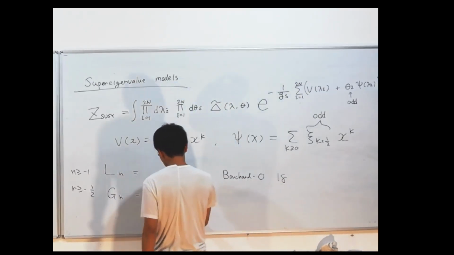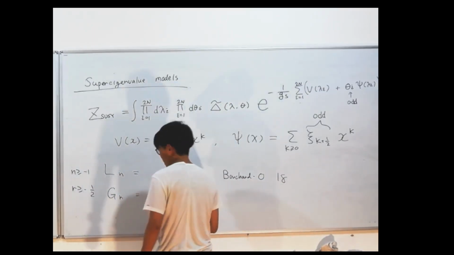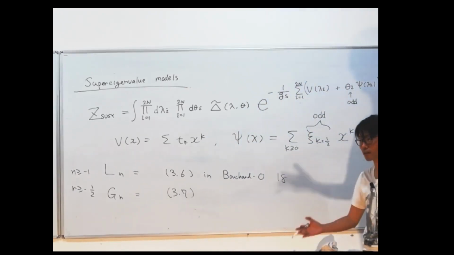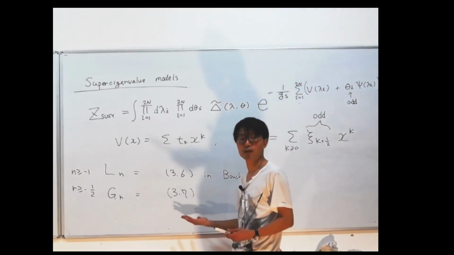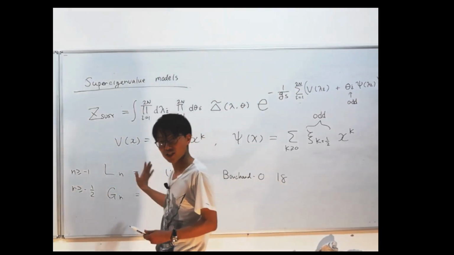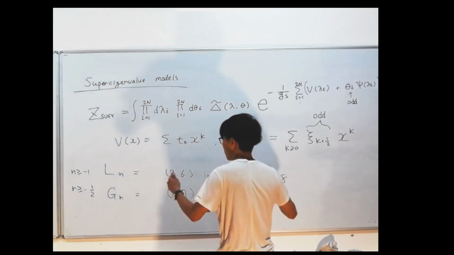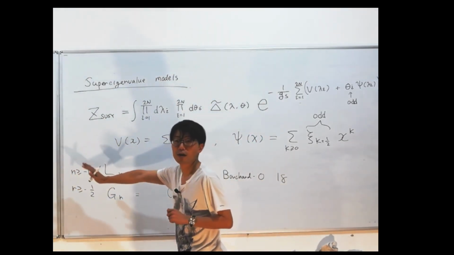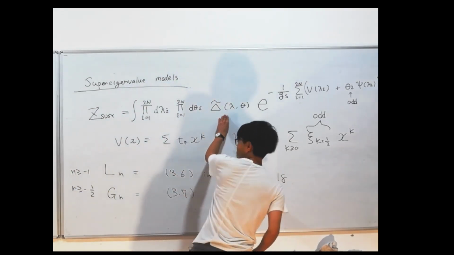18, and then this is 3.7. And then I don't think you want to write down on your notes, to be honest. It's very messy, but there's a canonical construction to write down the differential operators. And you can actually check that imposing the super Virasoro constraint, it actually uniquely defines this